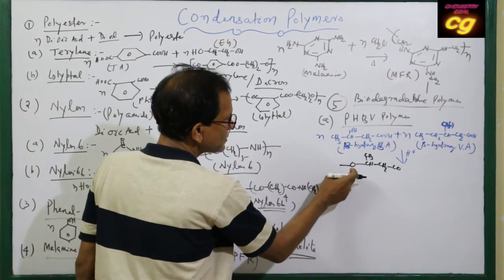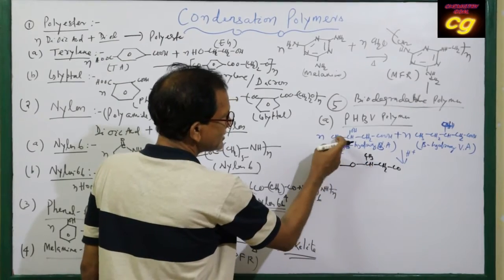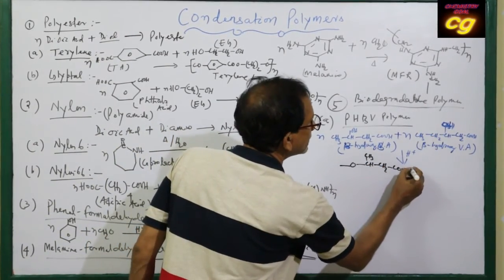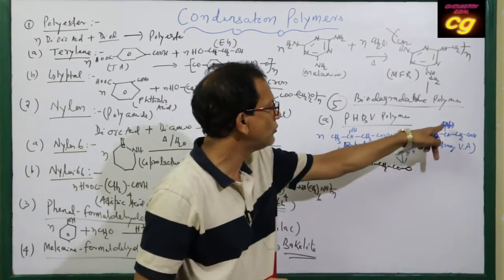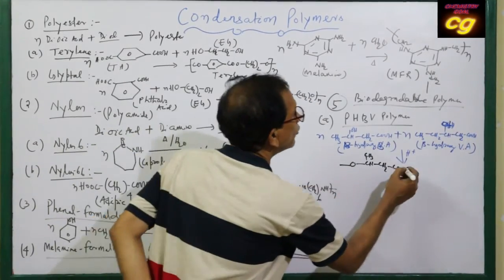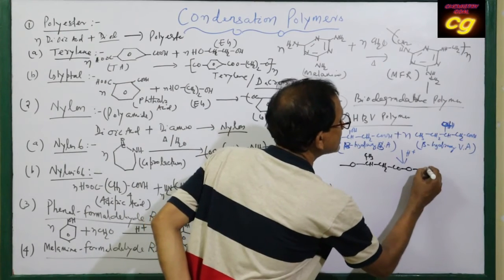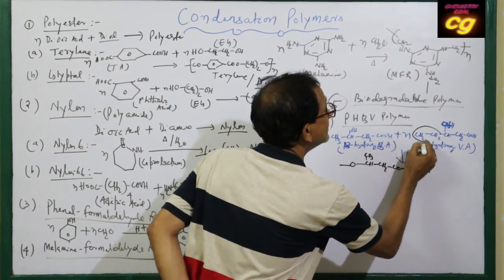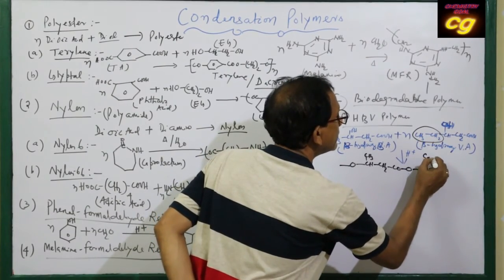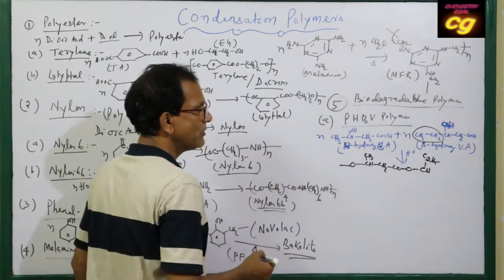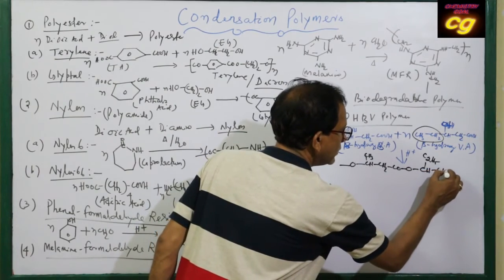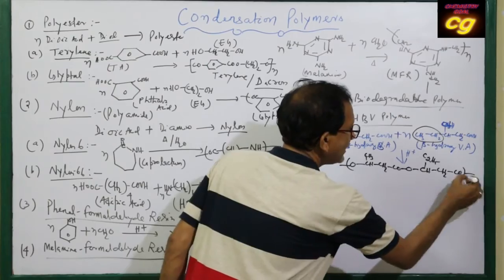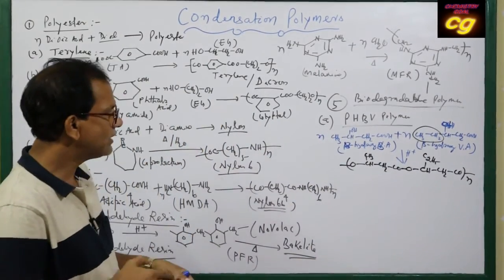So alcohol means O, you take then CH, CH3, CH2, CO, then O from another. This O is coming from the second group. So O, then CH, then remaining, this is your C2H5. Taking combined C2H5, then CH2, then CO. Okay, then whole bracket n. Again I am repeating here.